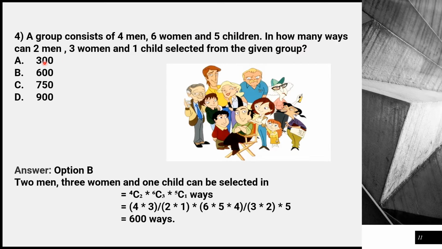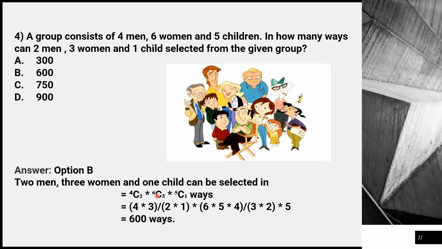They are asking the combination, right? You can easily see they are asking the combination of 2 men, 3 women and 1 child. So it is multiplication, since the group must occur simultaneously, that is 2 men, 3 women and 1 child. So 4C2,